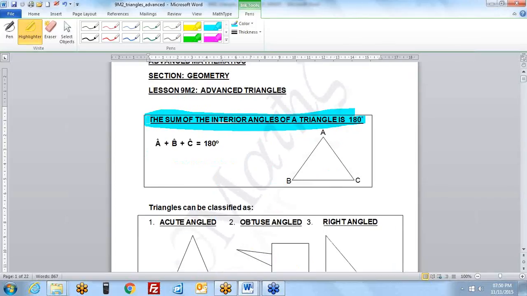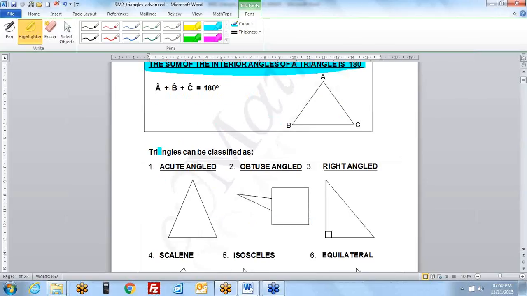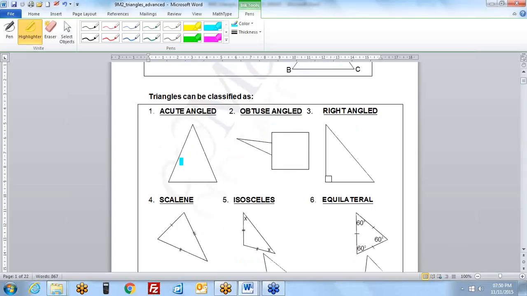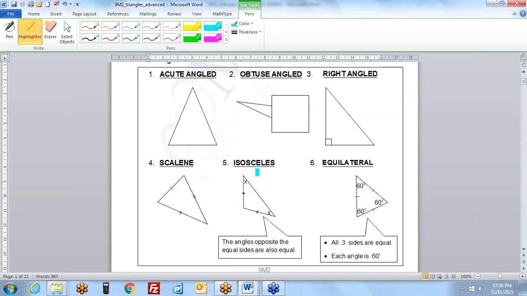The information I'm highlighting is important, which you will be using right through this current lesson as well as the ones you do in future. So it's important facts that you need to know. Triangles can be classified as the following: acute angled, obtuse angled, right angled, scalene, isosceles. Especially the isosceles is important because we're going to work with this type of triangle numerous times within the next